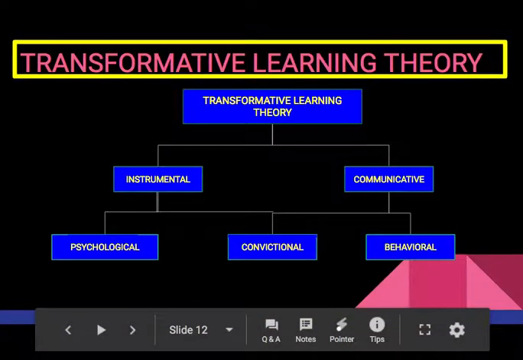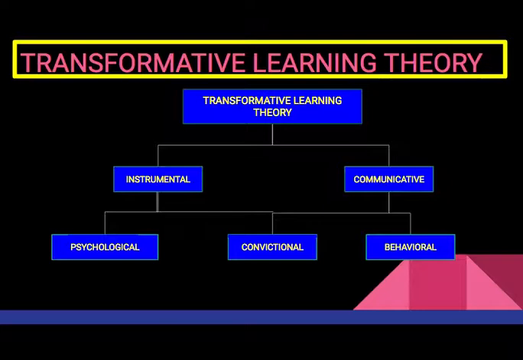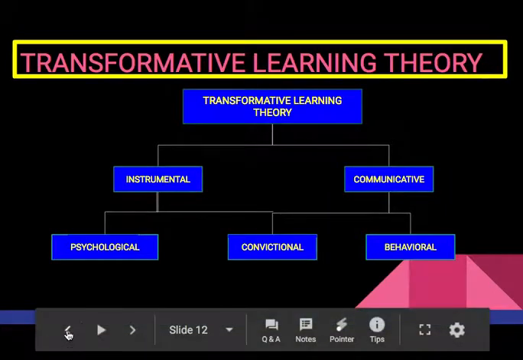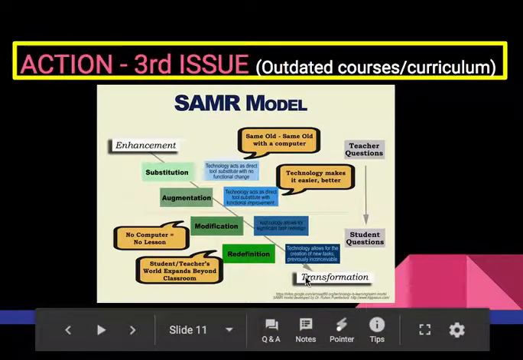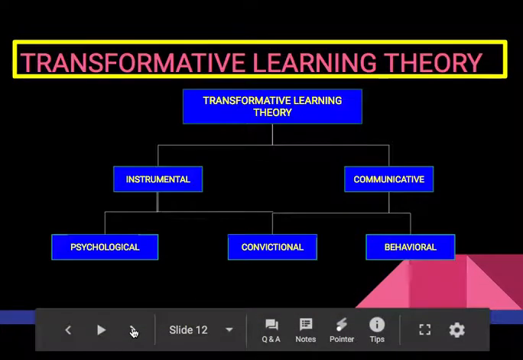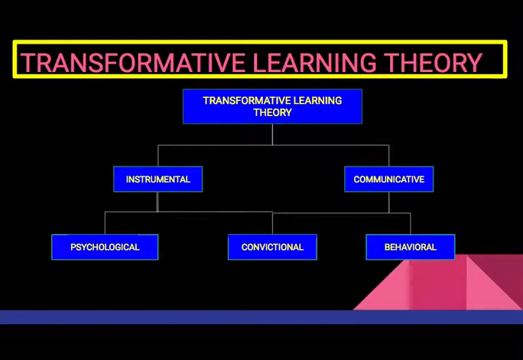So there are many theories that back up the need for these actions to make online learning more successful for our students. One example is really the transformative learning theory. And if we go back right here and we look at this, we're trying to go towards this transformational change in our content. And so what better way to do that than through the transformative learning theory that we push for our students. This theory divides learning into instrumental and communicative learning.